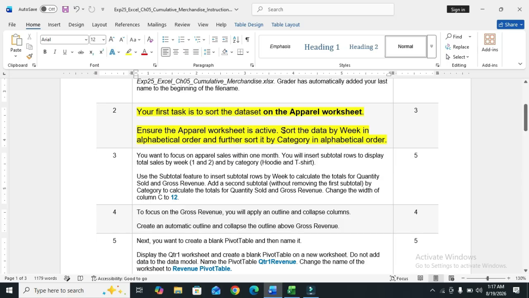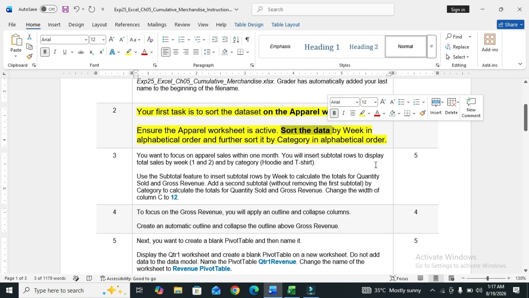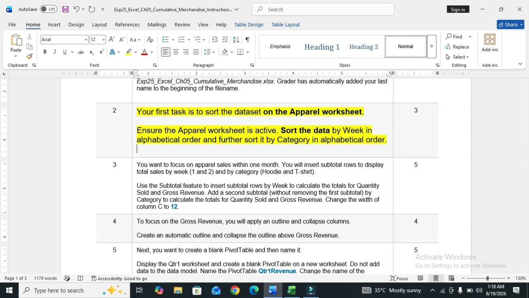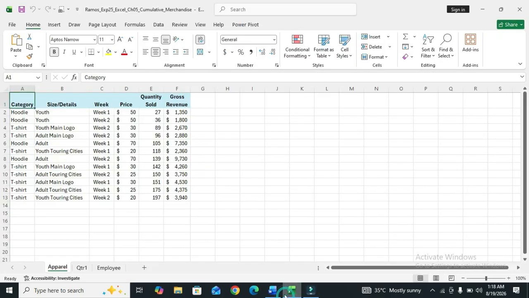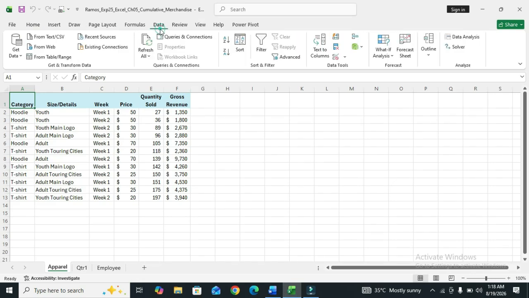So sort the data. Use the Sort option in the Data tab of Excel. So move to the Data tab and click on Sort.